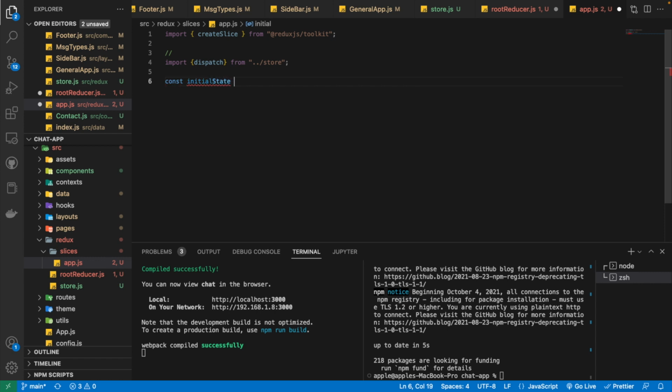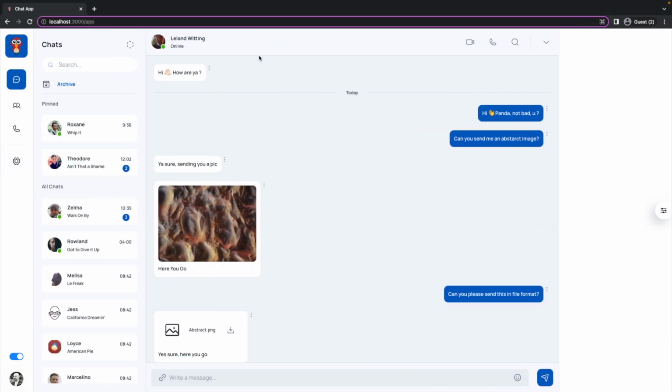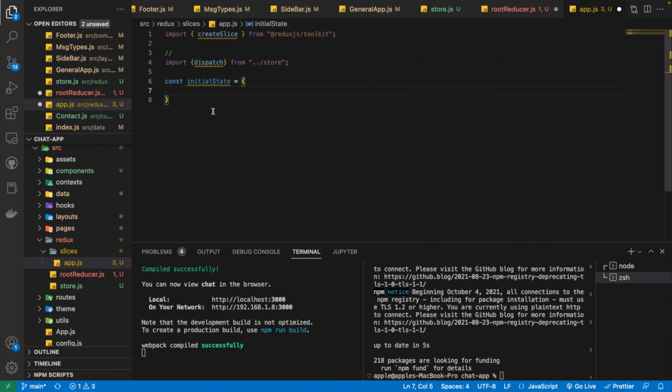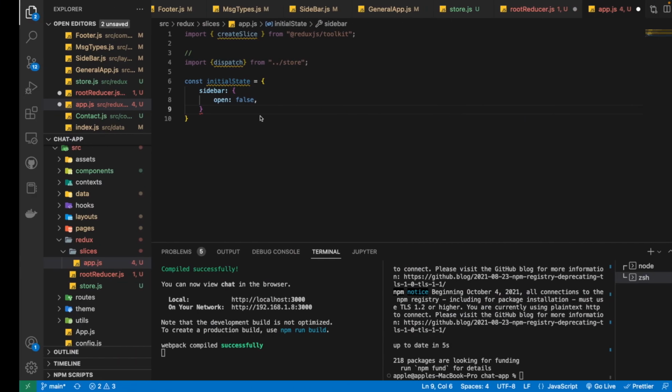Okay, so initial state is basically, we can define an object here simply, and what we need to preserve here, what state we are going to preserve in our app right now is, I need to preserve the state for this sidebar. So I'm just going to write here sidebar. Okay, and inside this sidebar there are going to be two things. First of all, if it's open or not. So by default it's not going to open when our app will launch,